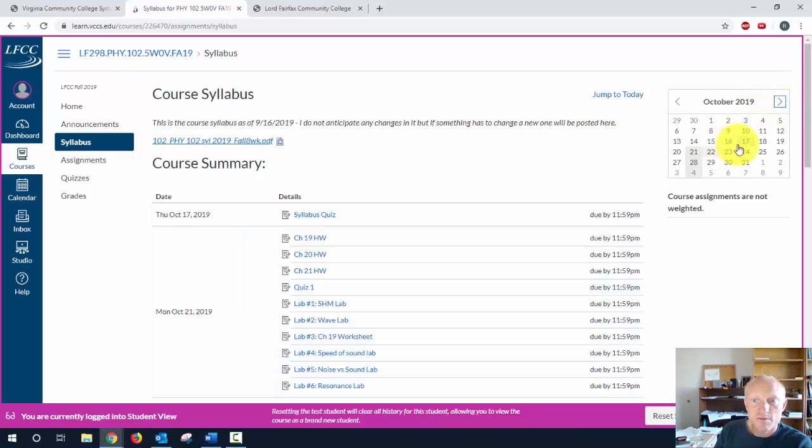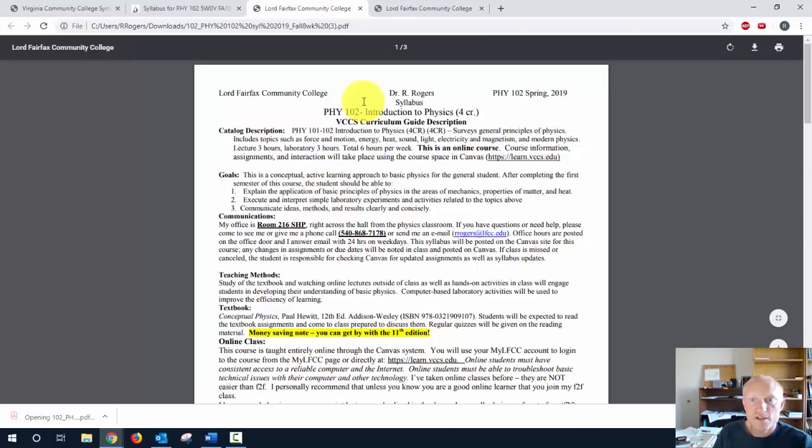And you can see pretty much, with the exception of the syllabus quiz, that everything is more or less due on Monday. I have the tests alternating about every other week, and then I have homeworks due on the opposite week. So we'll click on this right here, open it up, and we'll lead off with a pretty standard